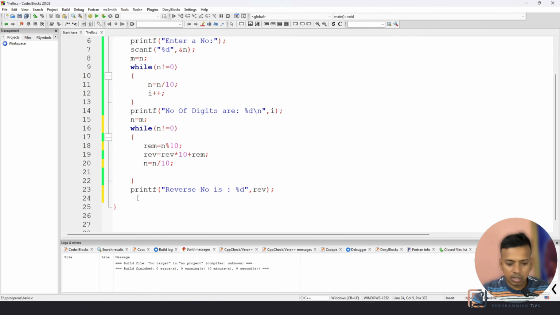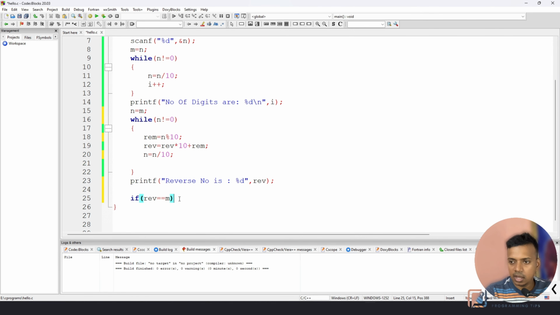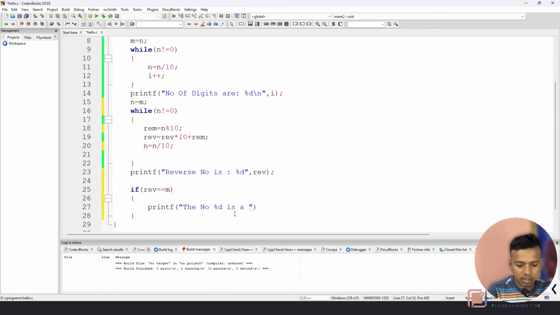Now we'll just compare with m. The n value will become 0 here. Now we will check if the reverse number, rev equals m, then the number is a palindrome number, fine. Or else the number is not